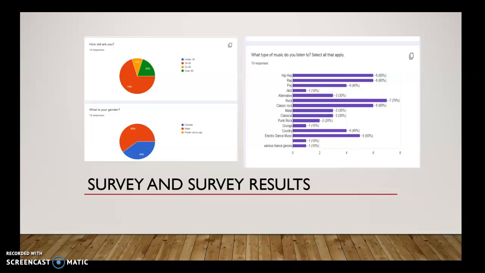One of the first things that we did was we put out a survey, and the survey is quite small. I only received 10 responses on this. With more results, I feel that the data would be a lot better and much more in-depth to look at, to come up with a better visualization and more accurate output. But the results that I did get back were pretty interesting.